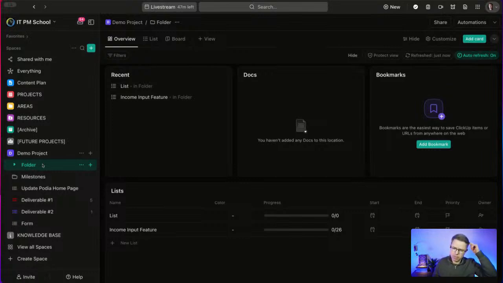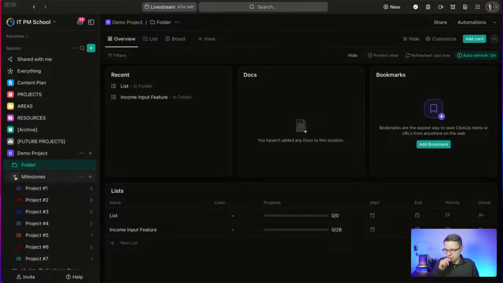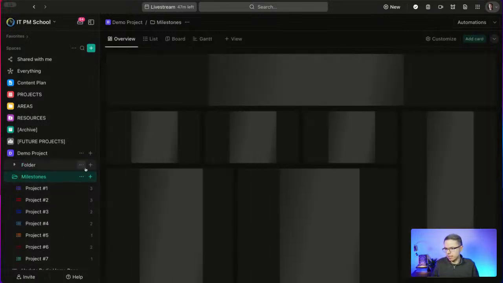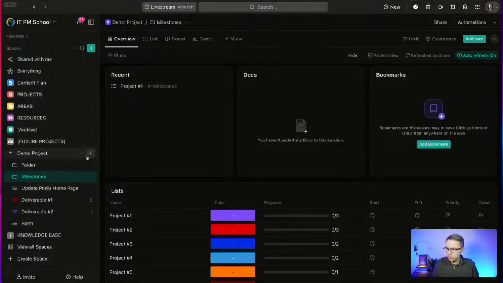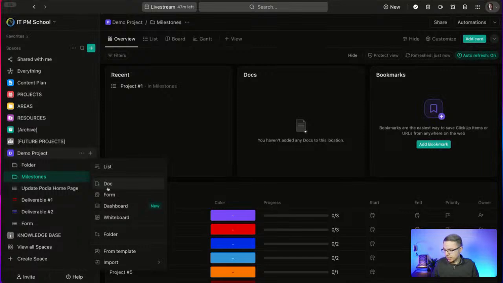perform the deliverable. You may track defects, test cases all in one place there. You may have another folder. So in this case, I have milestones to show you some cool features, but we also can create right here